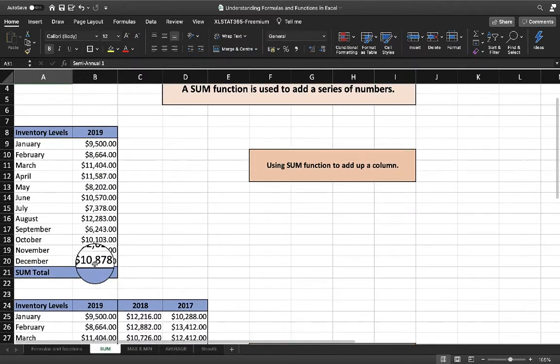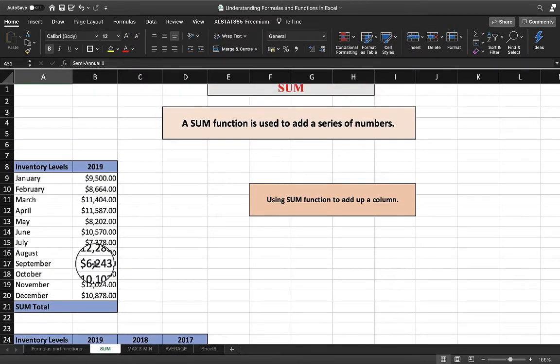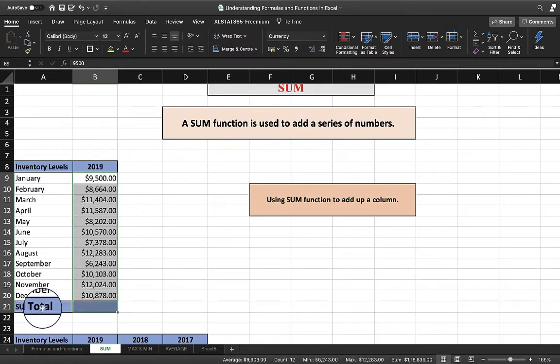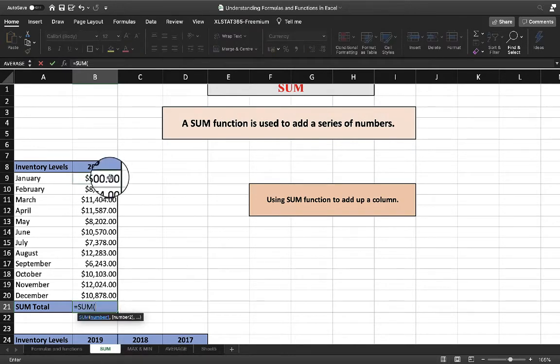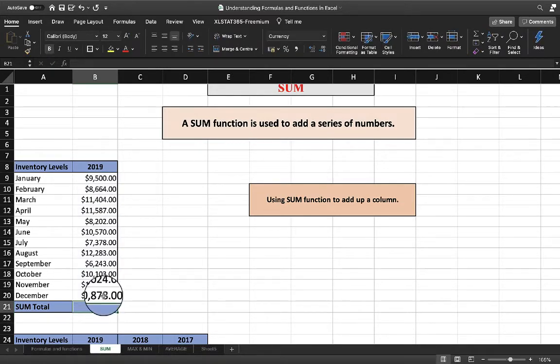First I'll tell you how to apply the sum function in a contiguous range of cells. There are two ways. First, I simply select this cell and drag it to the last, till the sum total where I want to find the answer, and just click here on this tab. There you see this sum function. You just click on this and you get the answer here. This is one way through which you can find the sum, by directly applying the sum function. The other way is that you just type sum, select this function, select this range to this range, and we get the answer as it is. So this is my answer. It is the same as it was given before.